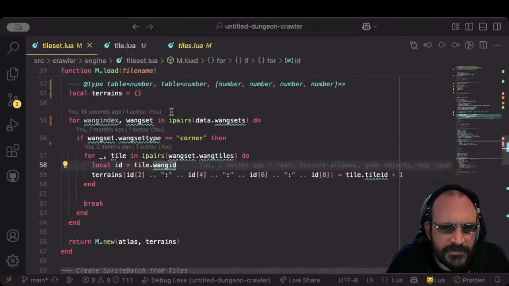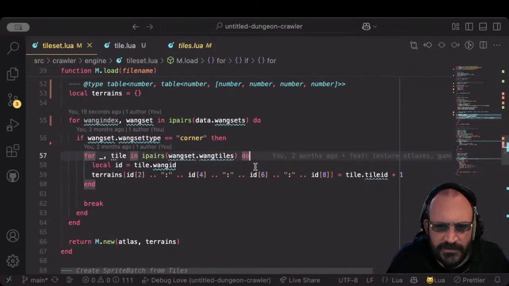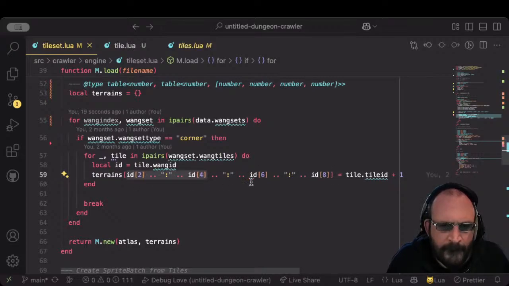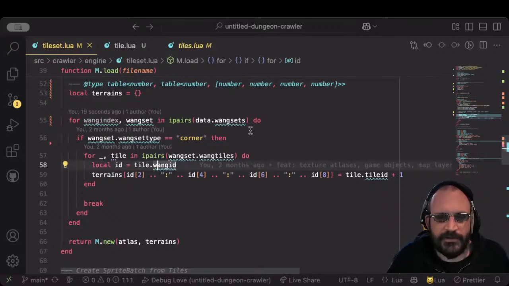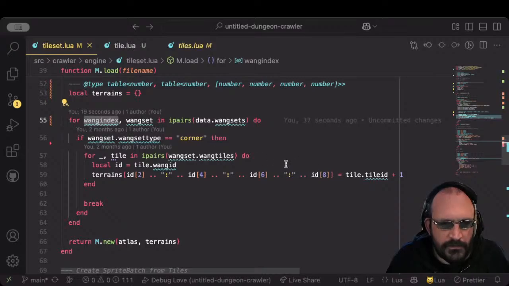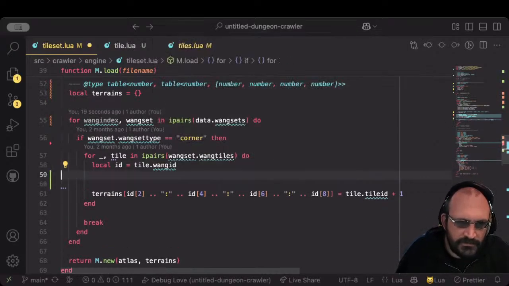I think we actually need to increment all these tile IDs by one. Ah, okay, yeah, we do that here. Ah, okay, sorry, no, those are the tiles. So what we'll do instead is,